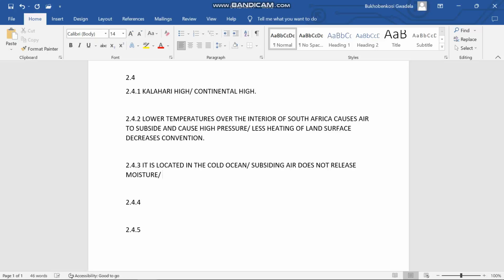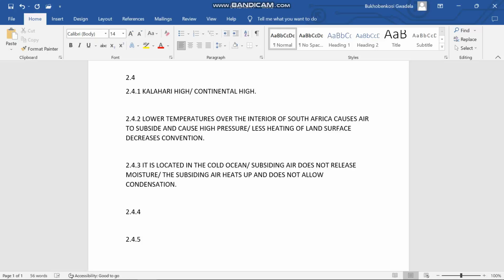So the other thing we can say is that the subsiding air heats up and does not allow for condensation to take place, because the air is going down. It's moving downward, sinking down to the earth's surface,